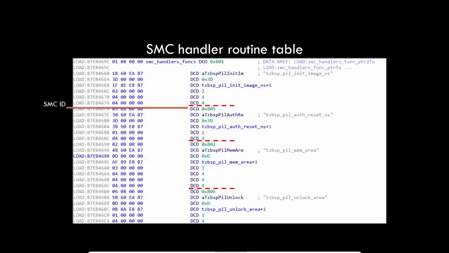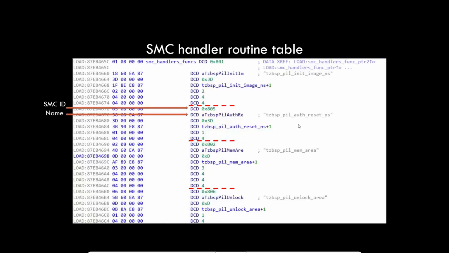What can we recognize in this table? Well, this is the SMC ID. Basically, this number determines which value you need to put in R0, in register 0, in order to select which one of these handlers you want to call into, when you call the SMC instruction. Then you have a name. Well, they were already there.